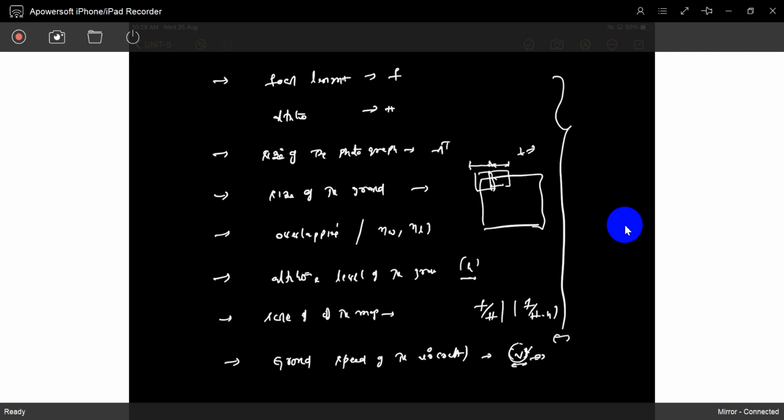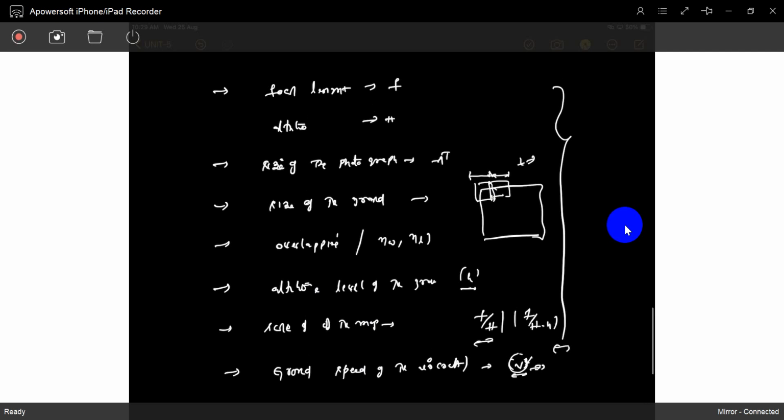So based on the scale of the map and the altitude, that is the flight plan, the flight height. Based on how much detail you require, you can fix that height. If you fix the altitude, then based on the velocity of the flight, you can fix the time interval. How do you maintain the click interval? Based on the overlapping distance and the dimensions of the area. So based on that you can gather the data.